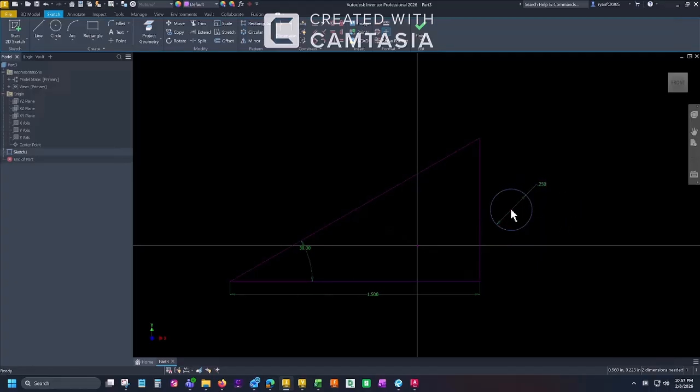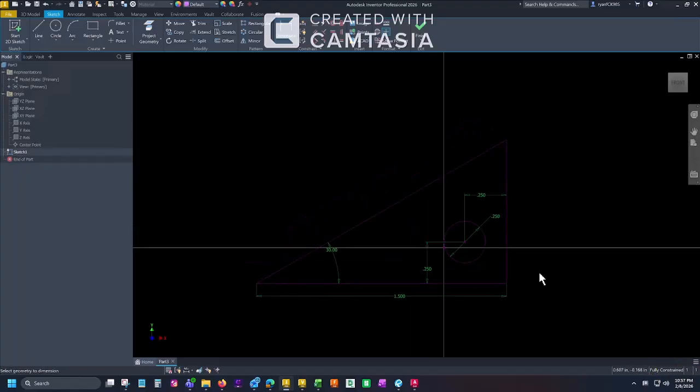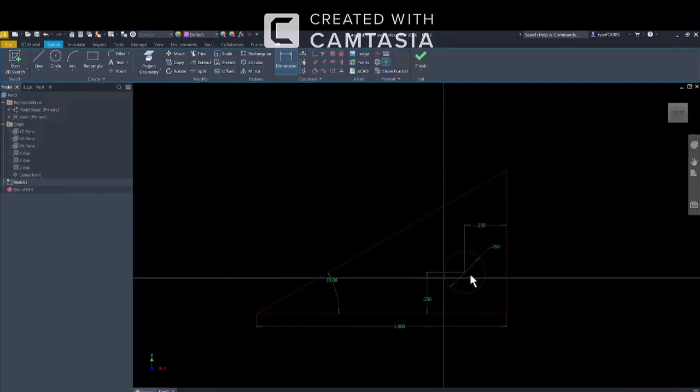So I have a 1/4 inch hole there. Now, say I want to have it on my part. All I have to do is go in and add in my dimensions to locate it. Once I get those in there, you'll notice I'm back to that fully constrained state inside of my sketch. But say we want this